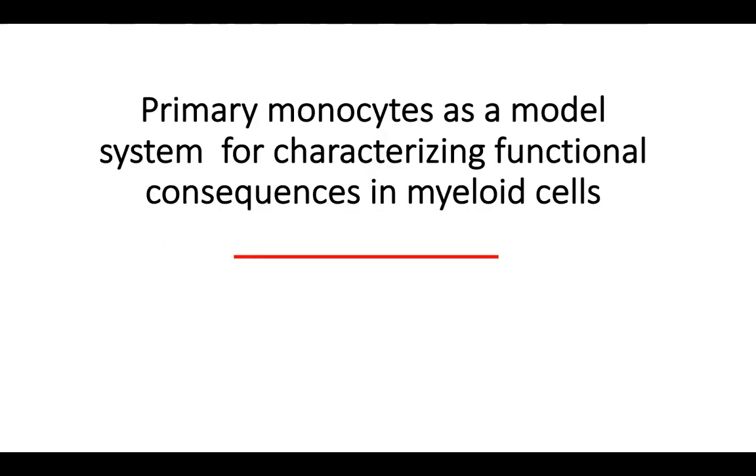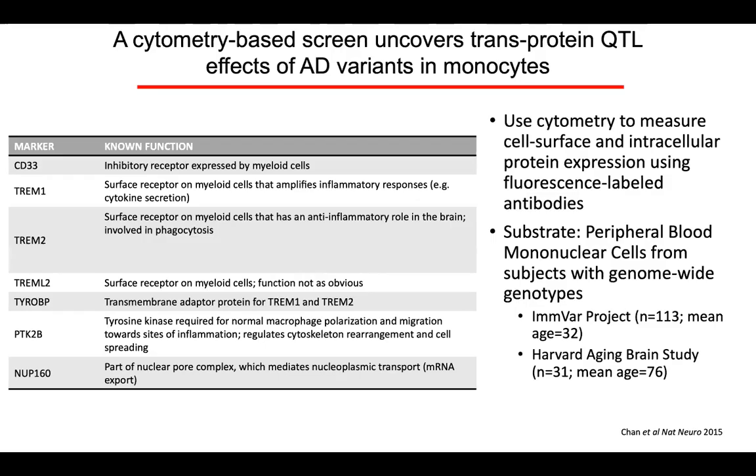Nonetheless, monocytes have another function, which is to serve as a model system that is much more easily manipulable than the microglia in the central nervous system, which are difficult to access. And so, as one example, we used this similarity between monocytes and microglia to look at how the different genetic variants associated with AD could affect the expression at the protein level of some of the AD genes. And so we measured several of the AD genes, including CD33, TREM2, PTK2B,